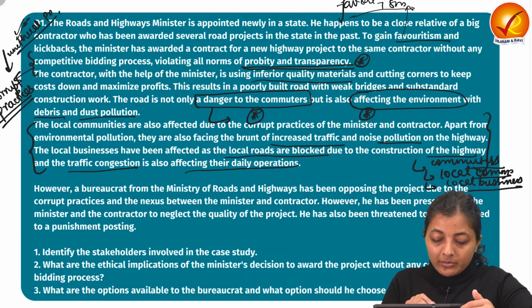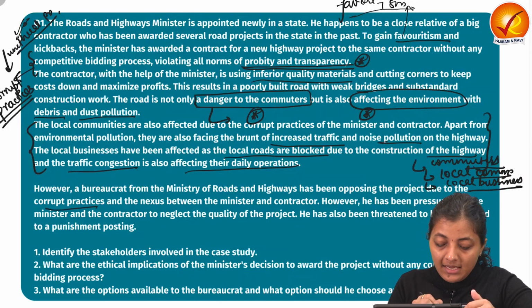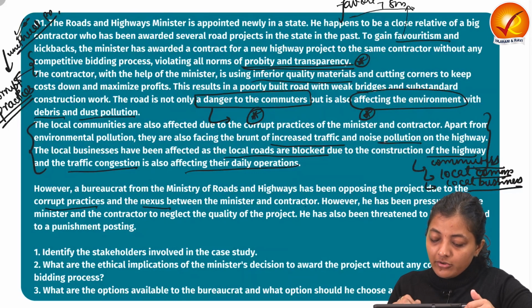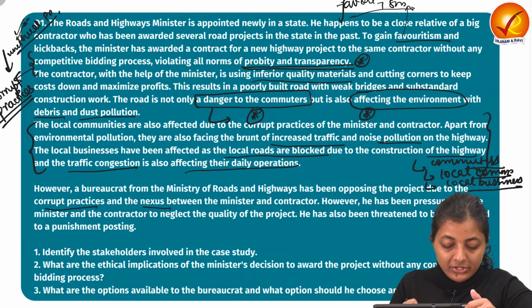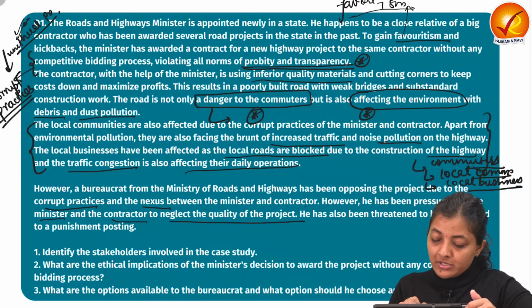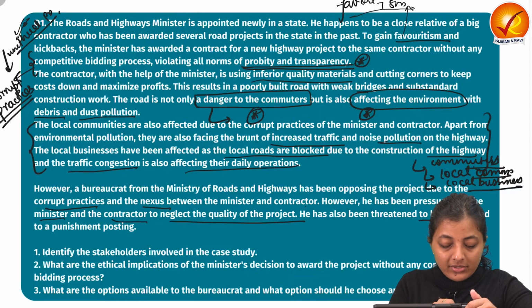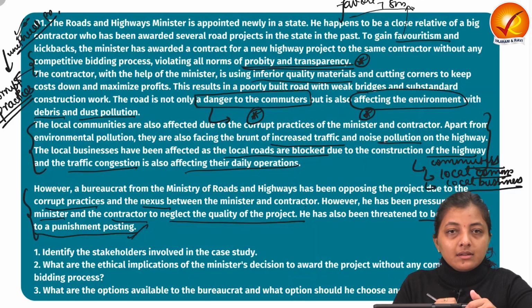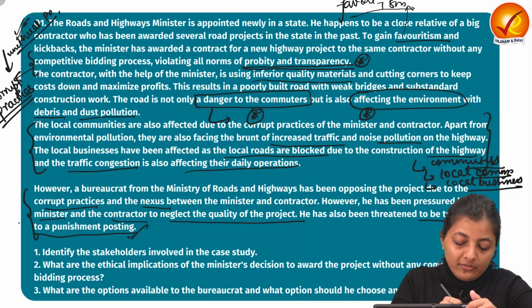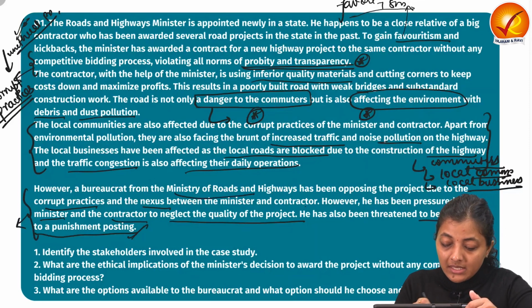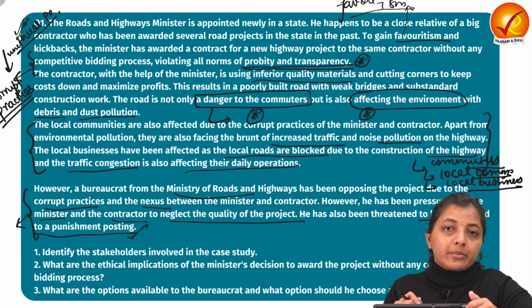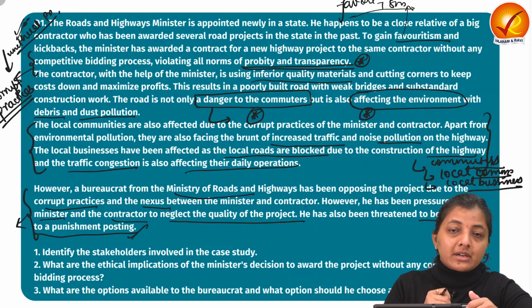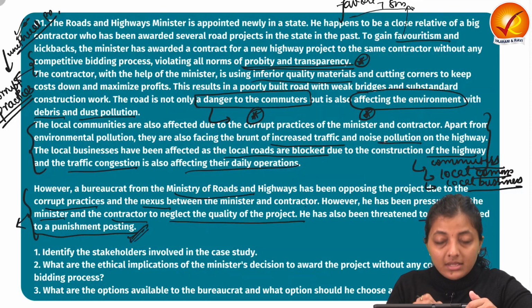However, a bureaucrat from the Ministry of Roads and Highways has been opposing the project due to corrupt practices and the nexus between the minister and the contractor. However, he has been pressurized by the minister and the contractor to neglect the quality of the project. He has also been threatened with transfer, a punishment posting. So this is the ethical issue with respect to the bureaucrat, that he is willing to unveil the corrupt practices, but he is being threatened by the contractor and the minister so as to remain silent or